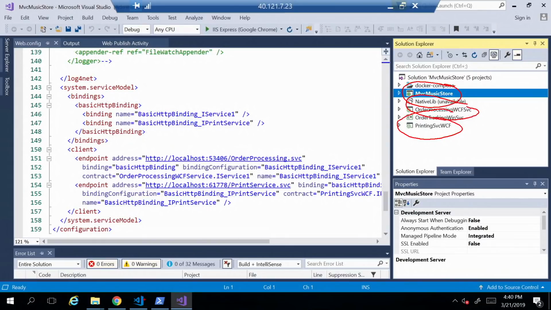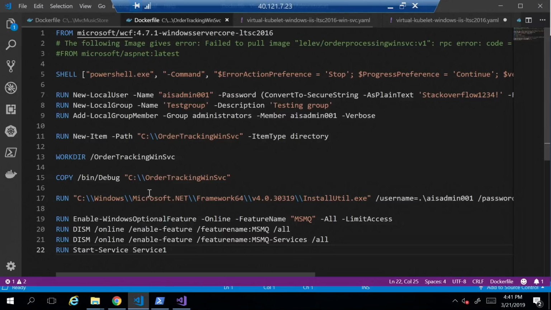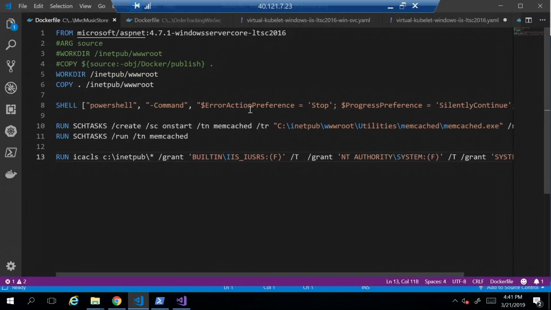Let's go over to Visual Studio Code and look at some of the Docker files here and see some of the things that are interesting. I want to show you a very simple Docker file. What is interesting here is that when you're creating a Docker file, you have to start with a base image. We are starting with a base image right here, and this is something that the Microsoft teams have provided. All of the ASP.NET binaries are there. I didn't have to configure any of those. Essentially, I copied all the project binaries at this portion.